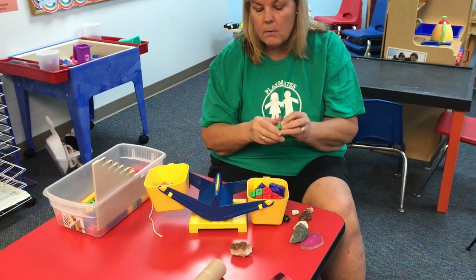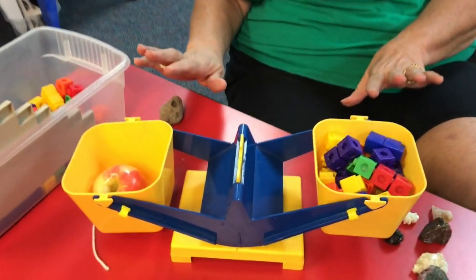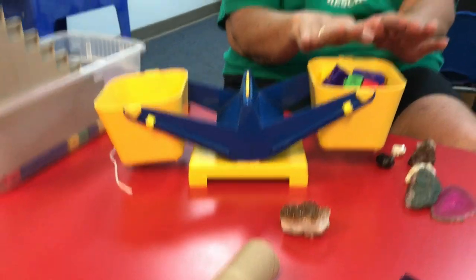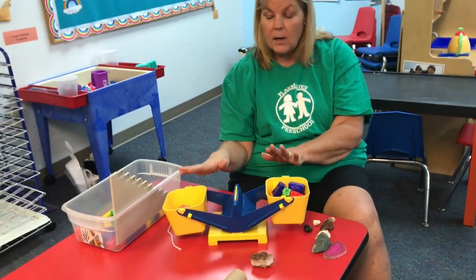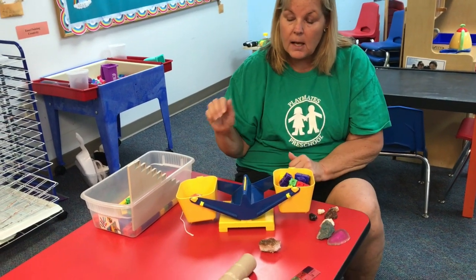Oh, there we go. Now it got it to move. Look at that. Oh, look. Just about even. That's a lot of Unifix cubes I had to put in there to make it almost even in weight. Now, I know that might be hard to do at home if you don't have a scale, but